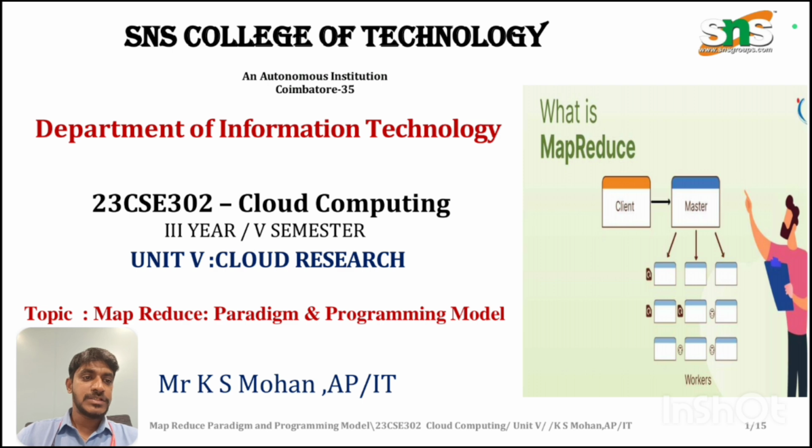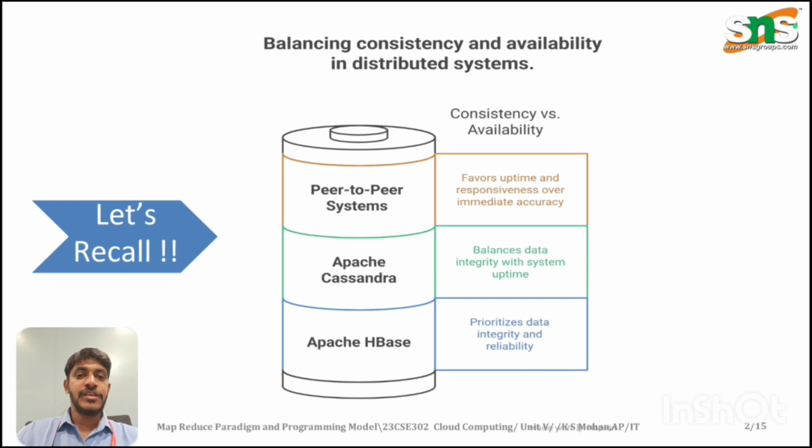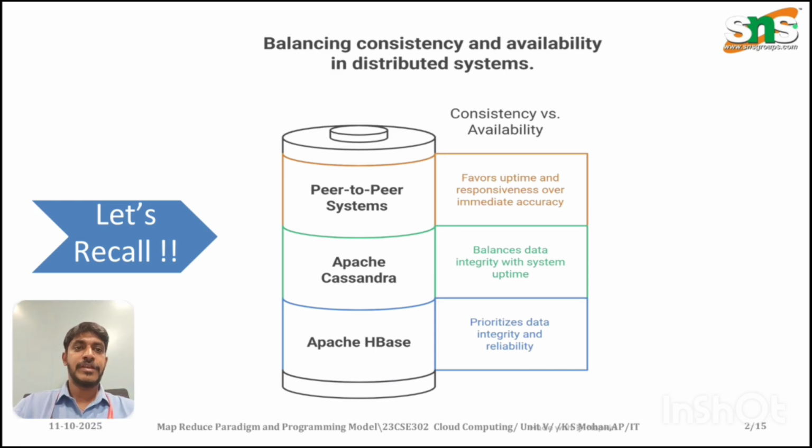So client to master in the picture, we can see the MapReduce introduction part here. Let's recall the previous prerequisites, where we have learned basic things. Let's recall the peer-to-peer system. What is a peer-to-peer system? And Apache Cassandra and Apache HBase. These Cassandra and HBase are used in cloud computing for balancing data integrity in the data system with